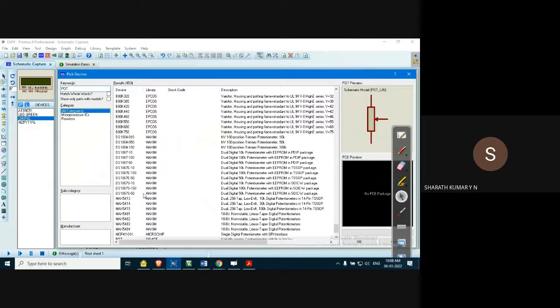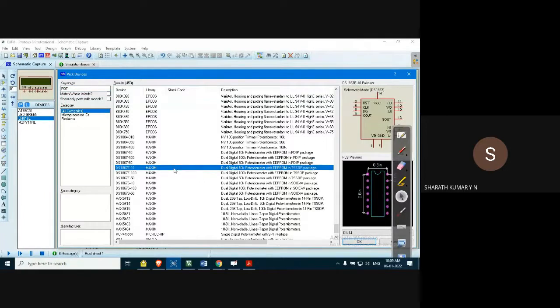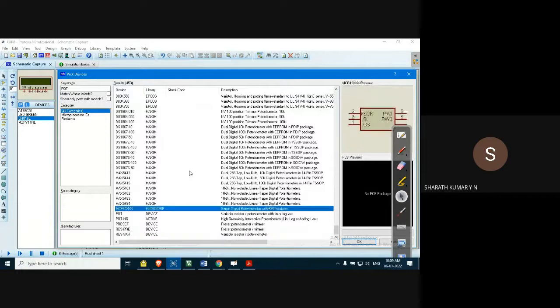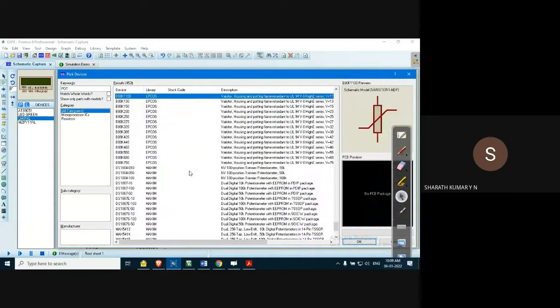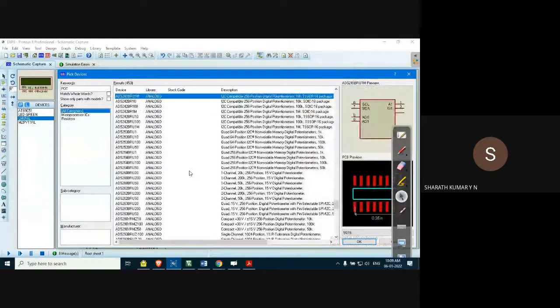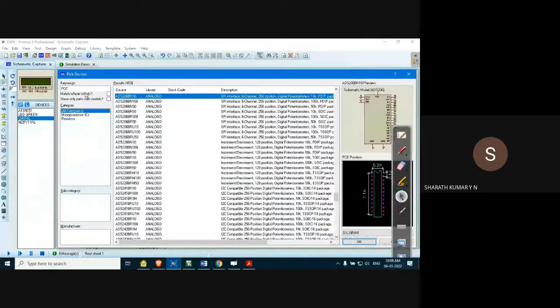Again, a lot of things we get. This is the basic, of course. We need to search for 10K pot, 10K potentiometer. Lot of components. Better to search it as 10K. It's very easy to search.